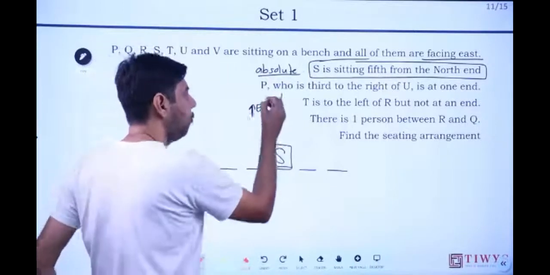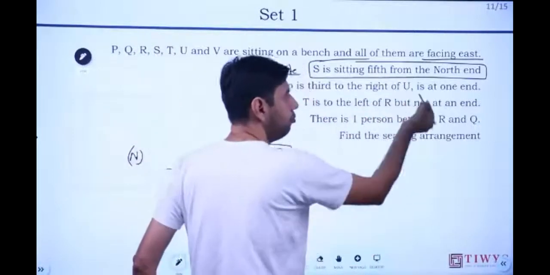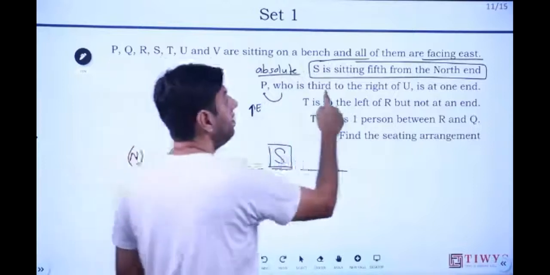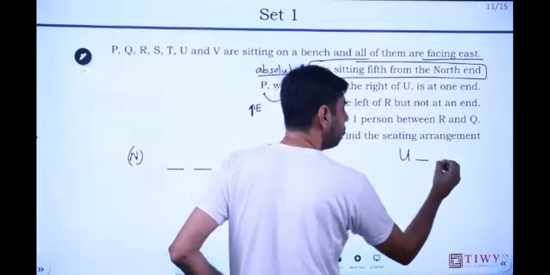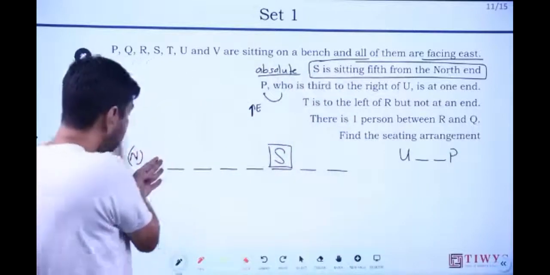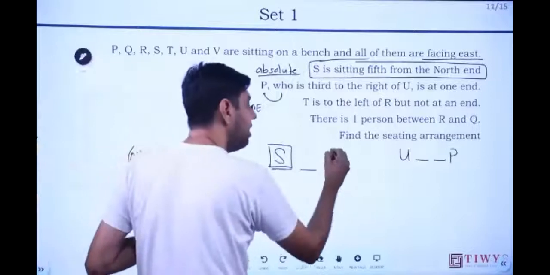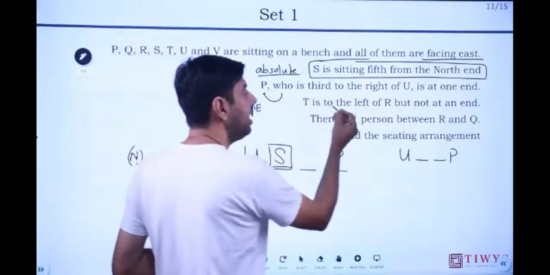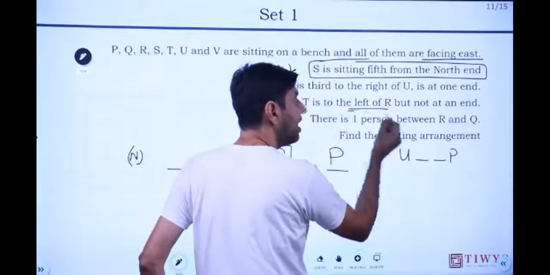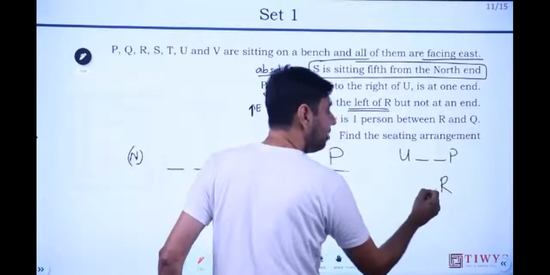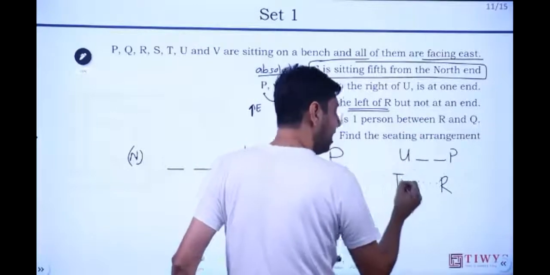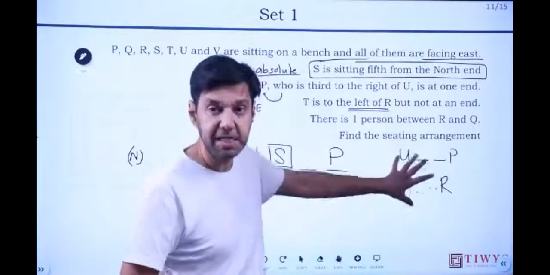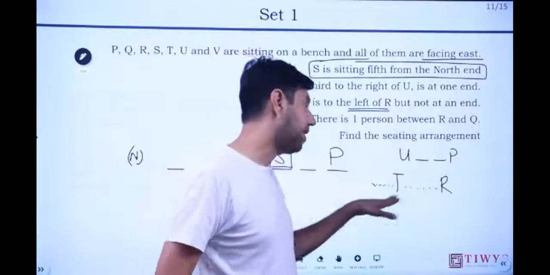P, who is third from the right of U, ठीक है, is at one end। तो P एक एंड पे है, कहां पर है, ये एंड की वो एंड। P is to the right of U, U है 1 2 3, तो ये एंड पे तो P नहीं हो सकता ना, क्योंकि P के बाद U आ जाएगा, तो P यहाँ ही होगा। एक दो U भी हो गया, तो ये भी बैठ गए, खत्म। इसलिए बोलते टक टक। P is to the left of R, इमीडिएटली नहीं लिखा है, तो R के कहीं तो लेफ्ट में है, बट एंड पे नहीं है, तो इसके बाद भी कुछ तो होगा। तो ये डॉट्स मुझे क्या दिखा रहे हैं कि कोई तो होगा। तो ऐसे नोटेशन आपको सीखना है, आपको खुद बना के।